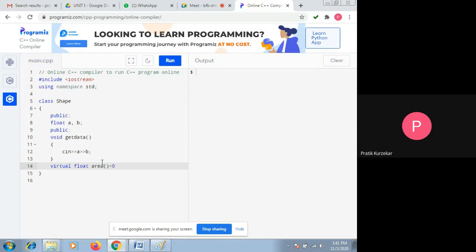pure virtual function. So within this bracket I am going to write here: when a function is declared and initialized with 0, then it is called a pure virtual function. So see here, what we have to do here,